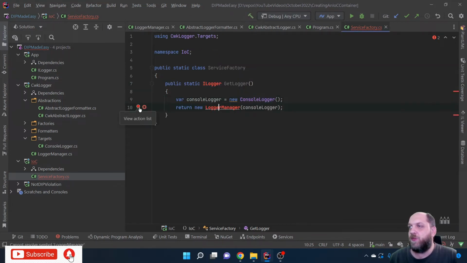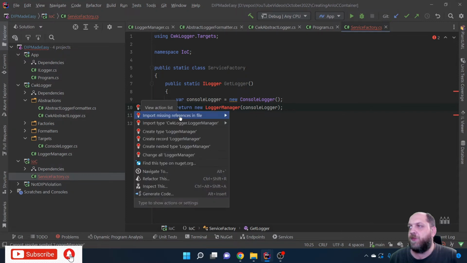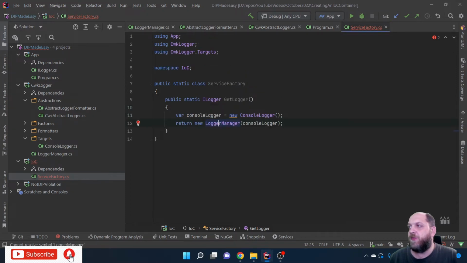Now for this other one is the import missing reference in file, because it references the same project, and now we should be good to go. Now we have this logger manager, but now this iLogger is actually a public interface in namespace app. Cool. So what we have done here is that Rider automatically added a reference here to our IoC, to our